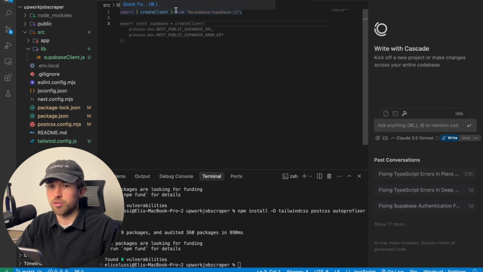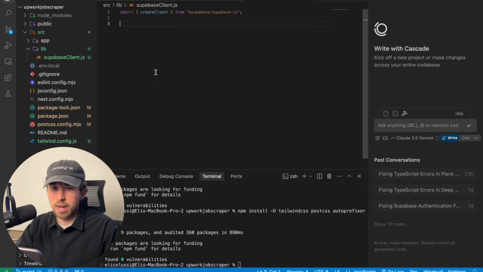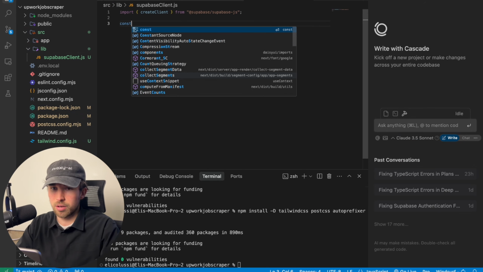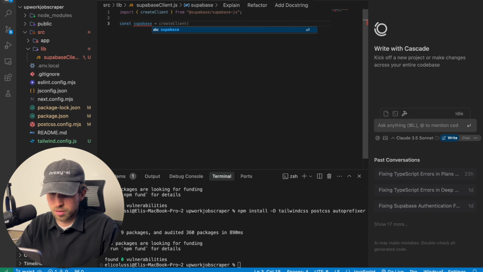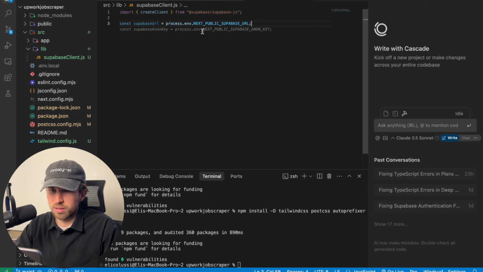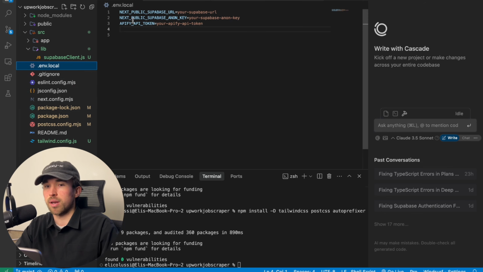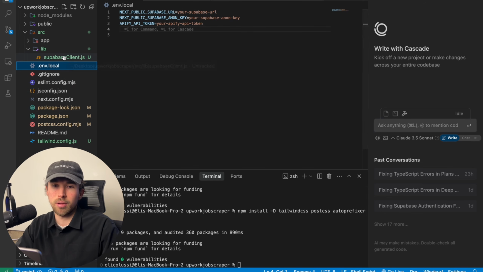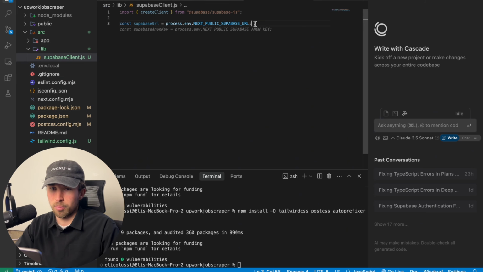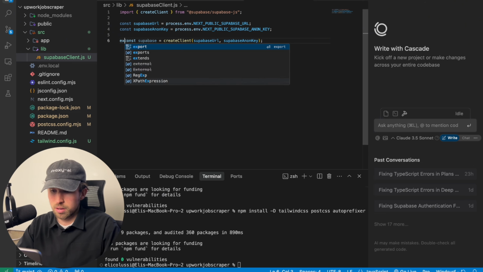It's grayed out right now because our code is not calling it. Its value is declared, but never read. Then down below this, we are going to say const supabaseUrl equals process.env.NEXT_PUBLIC_SUPABASE_URL. And we need to confirm if that is exactly what we called it in here, next public Supabase URL. So those match, which is very important. And then the Supabase anon key down below, we're going to do this exact thing right here. And then we are going to say export.